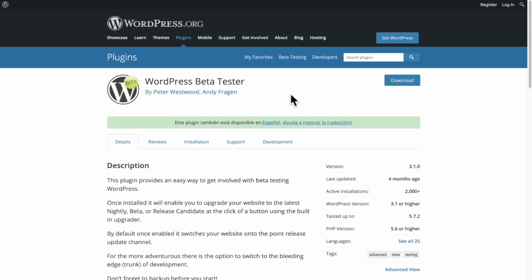What you'll want to do is set up a test WordPress website, maybe using Local. It allows you to install WordPress on your local computer or some kind of test hosting that you have. Don't do this on a live site, but all you have to do is go to plugins, add new, and install this plugin that says WordPress Beta Tester. And this will allow you to get access to beta versions that you can test out. You can see this isn't that widely used, it's only active on 2,000 different websites. So those are probably mostly software plugin developers making sure that their stuff works with this new version of